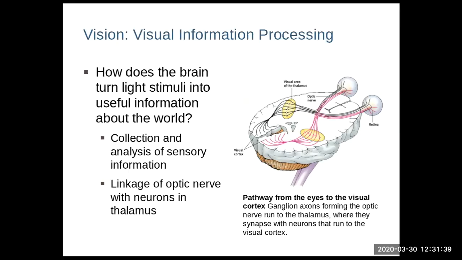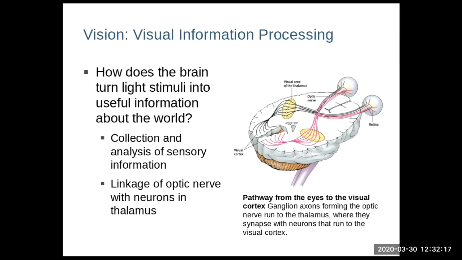So it seems intricate, but it's really not that difficult. From the back of the eye, it crosses over in the optic chiasm or stays on the same side, and then it goes to the thalamus. From the thalamus, that's only one more stop. It goes to the visual cortex, which is located in the occipital lobe. And again, in chapter 2, we talked about that the occipital lobe only has one function: visual processing. So from the thalamus, the information goes to the visual cortex. That's it. It goes and gets transduced, right?